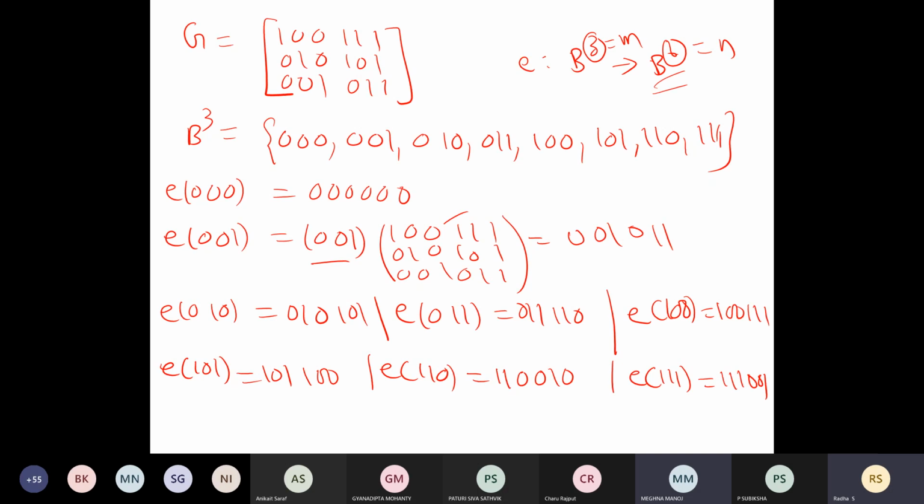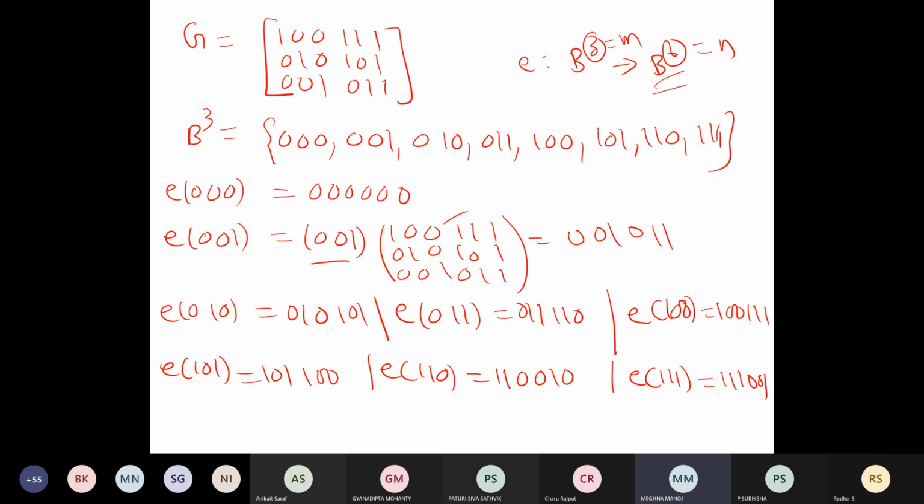Can you say all the 8 elements in order? I'll form a table, very carefully. First, 0 0 0 0 0 0. Then second, 0 0 1 0 1 1. Third element, 0 1 0 1 0 1.